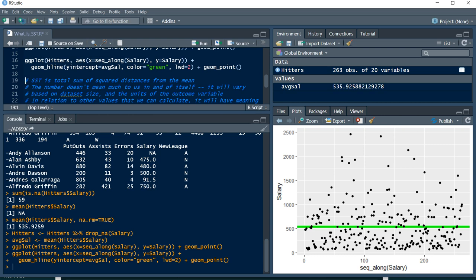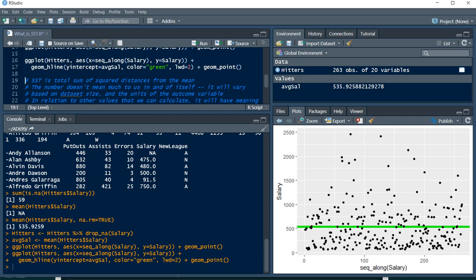Is it big? Is it small? Is it good? Is it bad? That value, the value we get, doesn't have much meaning in and of itself. It's going to vary based on the units of measure of what we're looking at as a potential outcome variable in a model, and how many data points are in the data set we're looking at, because SST would tend to be bigger if we're dealing with things measured in big units and we have lots of them. So there's nothing we can say about the value purely in and of itself, but SST will